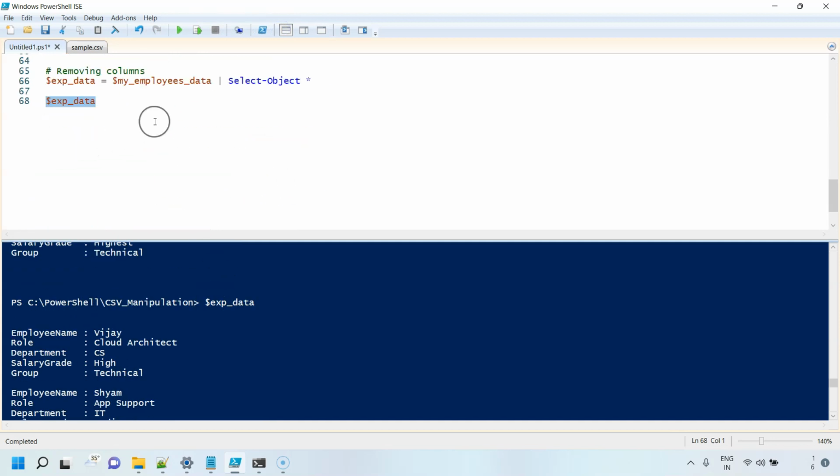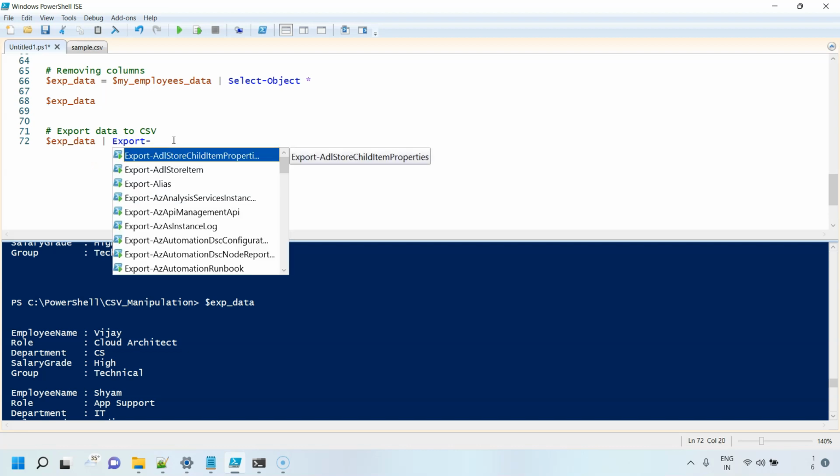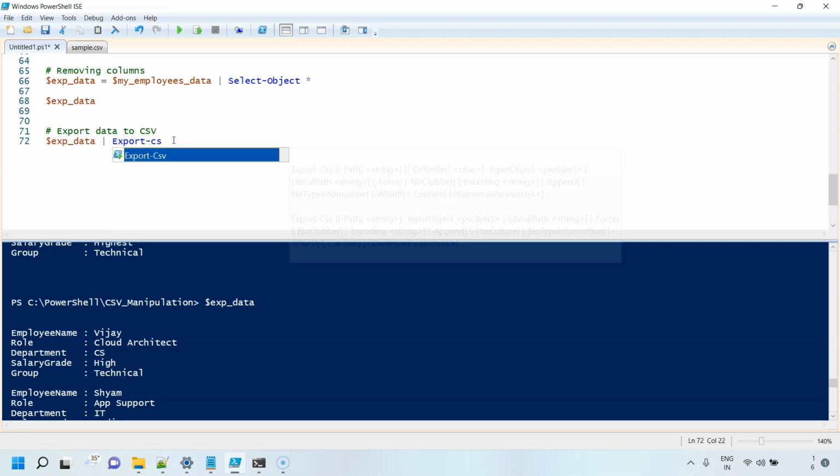We have modified the data a lot, and now let's say the result is this. Okay, we want to export it to another CSV file. How can we do that? Well, very easy. Put a pipeline over here, use the commandlet Export-Csv, and the commandlet is here. Just use it and specify the path. What is the path or name you want to give? Results.csv. This is the name I want to give. If you want to create this file at a particular location, you have to specify that location over here. I am fine with the current location. Okay, so let me execute this